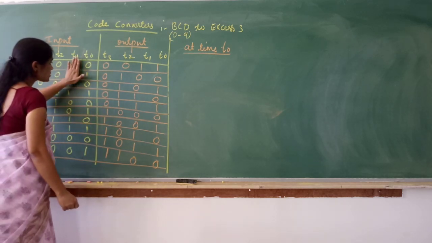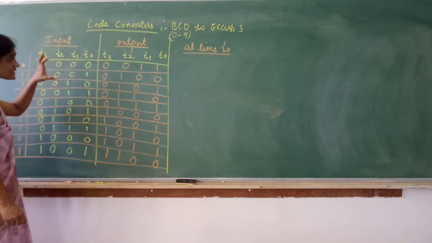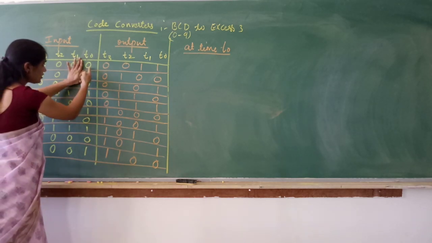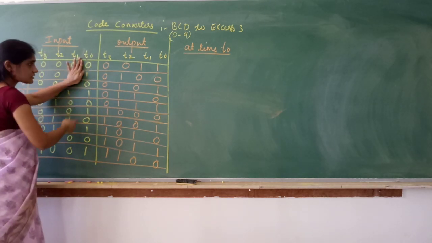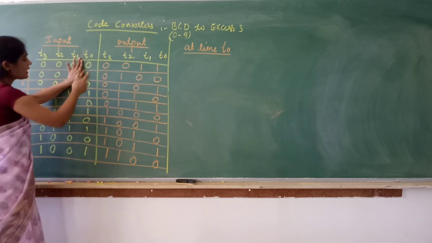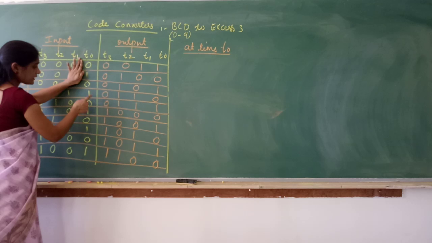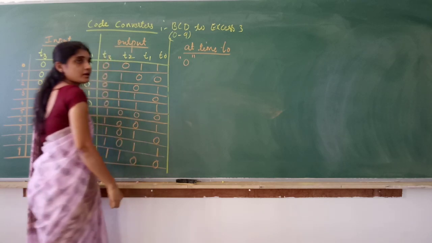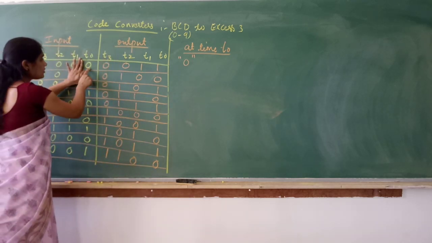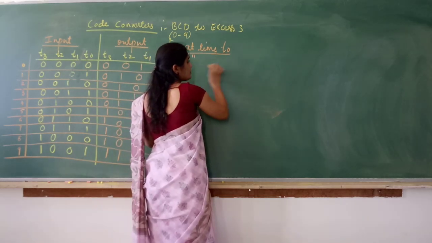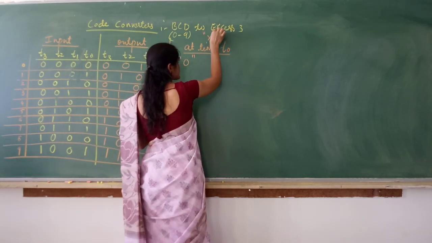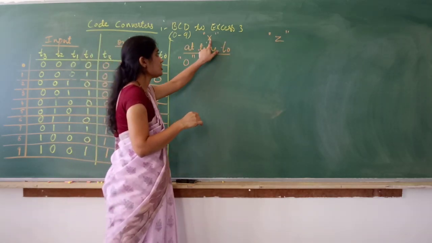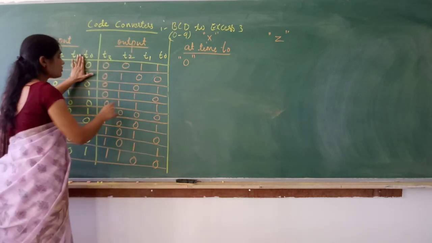Now at time T0, just look at the input. We need to understand the logic of how exactly we have to design the circuit. At time T0, I will receive either 0 or 1, correct? Binary, so either 0 or 1. Let me take x as the input and denote the output as z to explain the concept. So at time T0, if the received input is 0, what is the output I have got here?